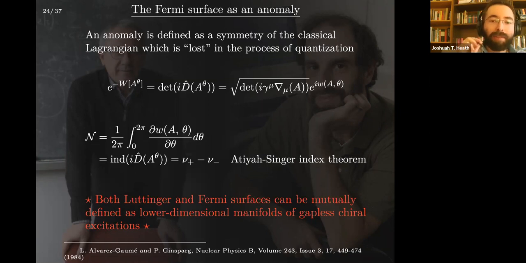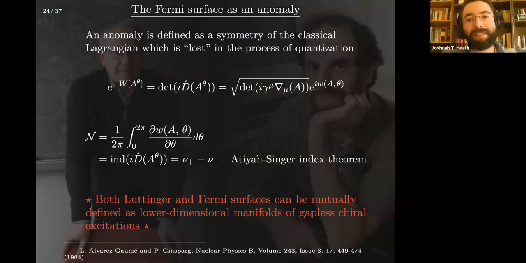The other thing, too, is that this is not a controversial statement. Zwingli actually proposed a few years ago that a Fermi surface can be viewed as a collection of 1+1D chiral conformal field theories in 2D. And some other discussions have talked about a finite density of states leading to a breaking of chiral symmetry. What it shows is that we can have this lower dimensional manifold of gapless chiral excitations for a Luttinger surface